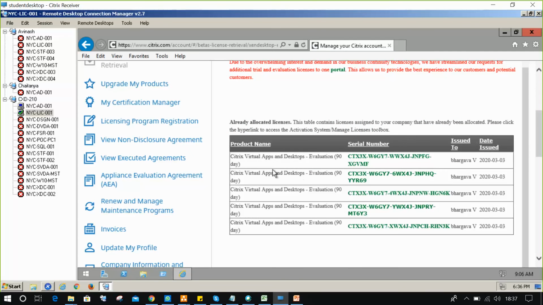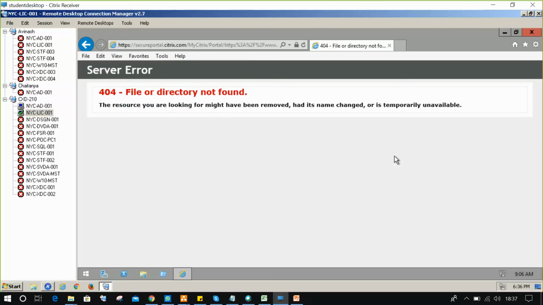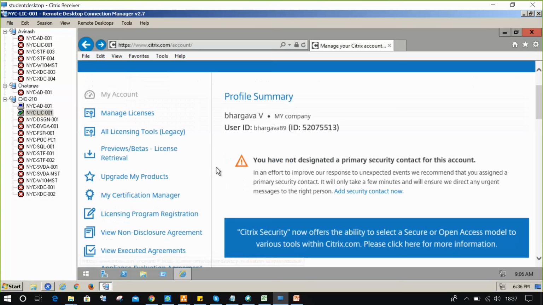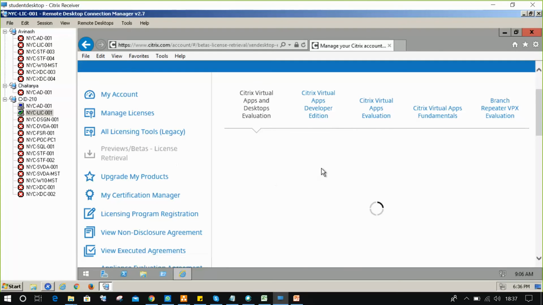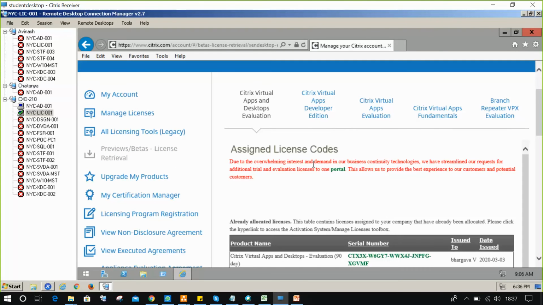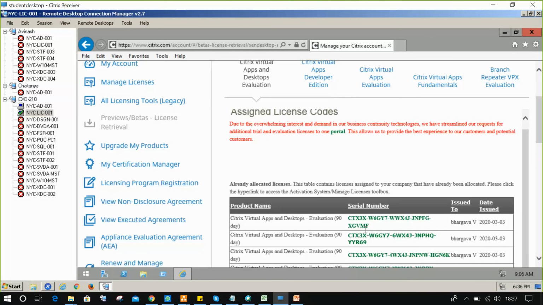Now you have to select any of the license files, your wish. Oh my bad, it's coming like this. Better I'll copy one license key.